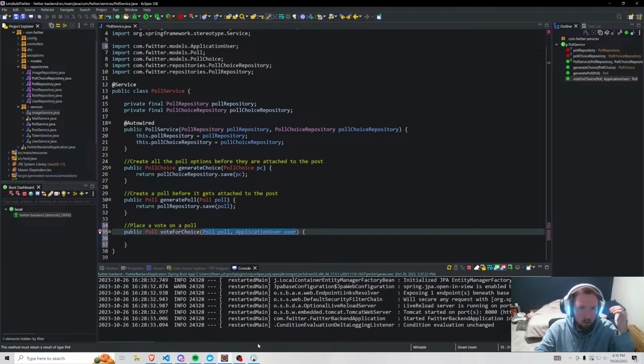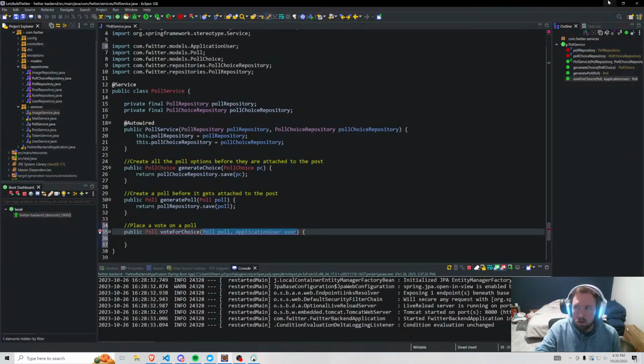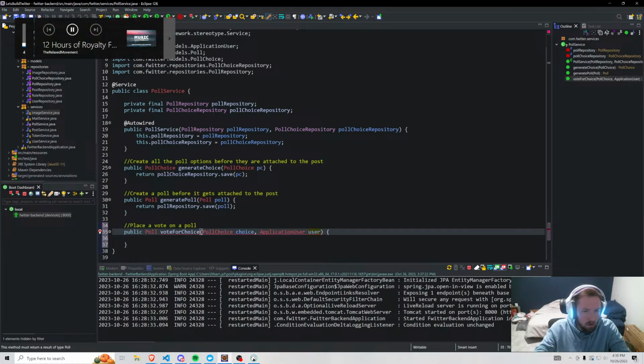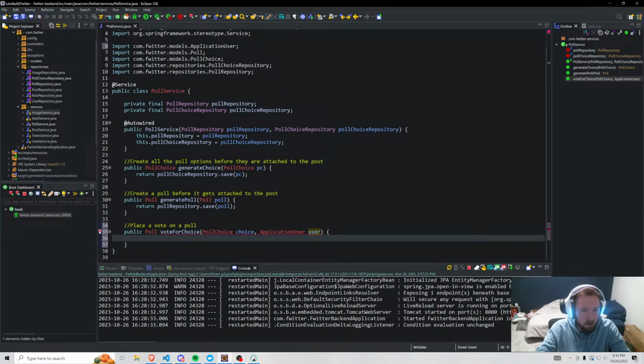I think in our poll choice we have the ID inside of our poll choice. Let's go into our poll choice real quick. So in poll choices, we have the ID of the poll, so we should be able to say poll choice, choice in user ID or user or application user, right? And we should be able to say, the first thing that we want to do is we need to